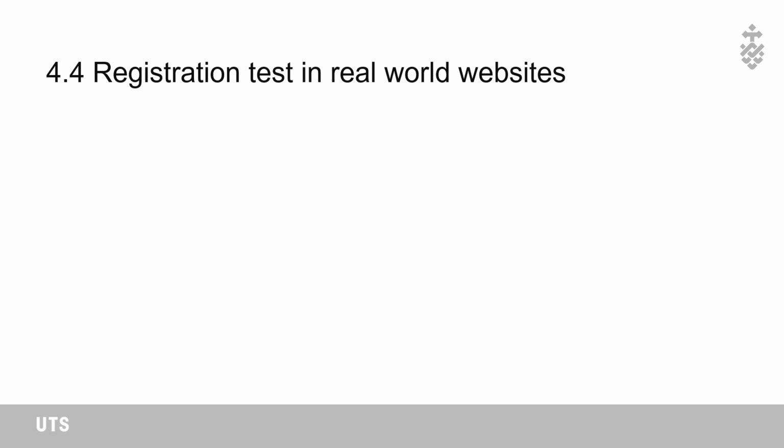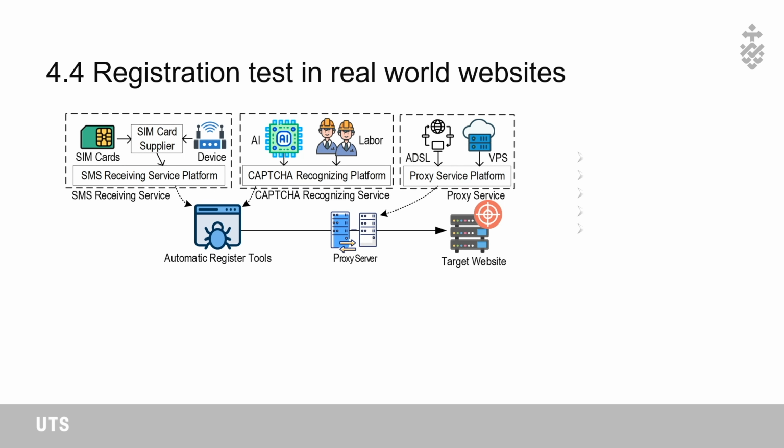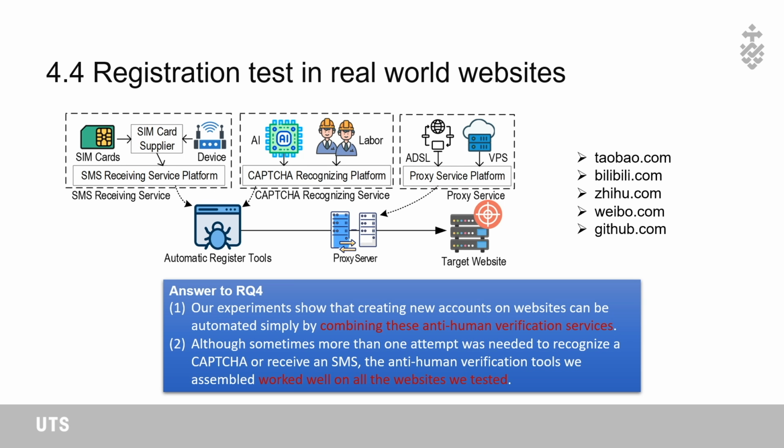In the end, we combined all these 3 services and tried to create accounts on 5 real-world websites. Of course, we did it. And now we can answer research question 4. Our experiment shows that we can create new accounts on websites simply by combining these anti-human verification services. And although sometimes we need to try more than one time, they work well on all the